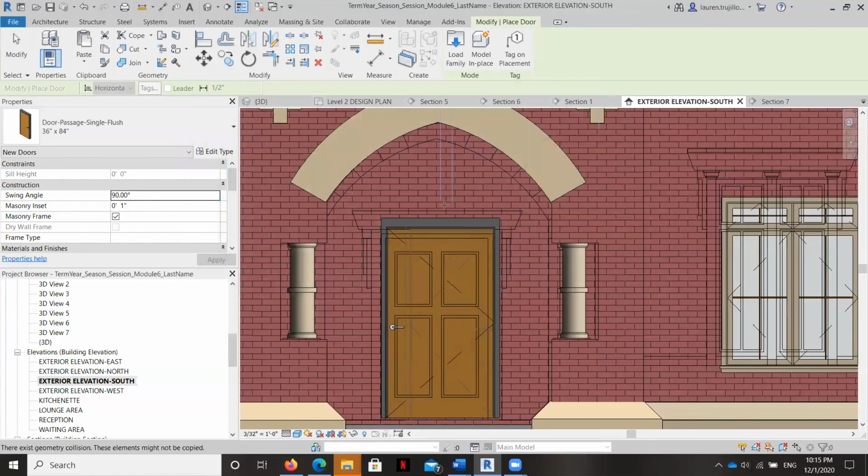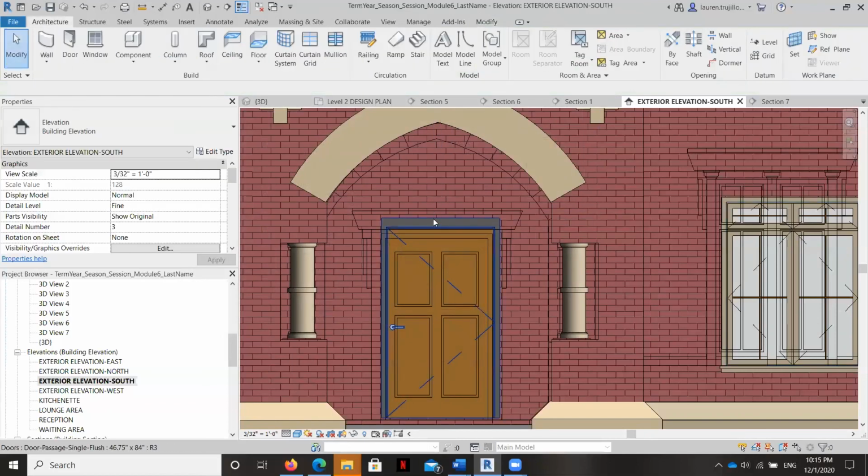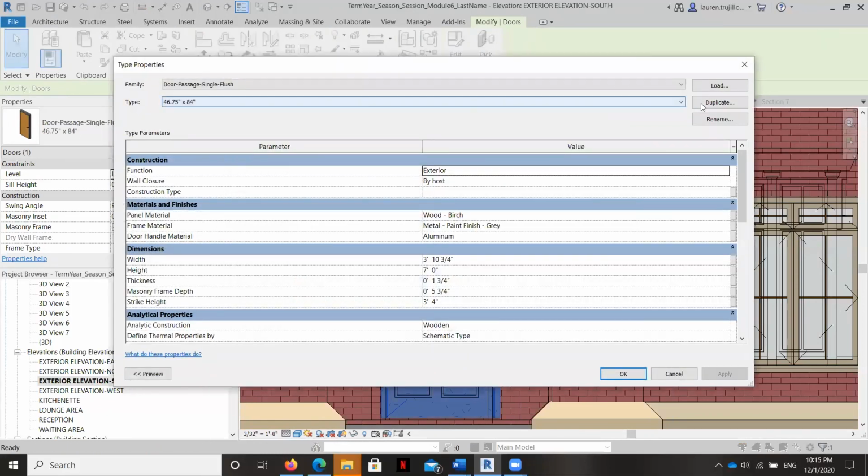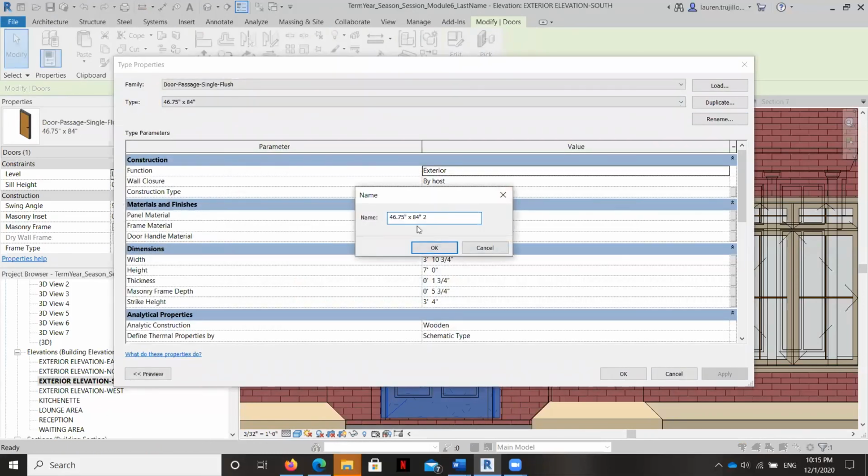So let's go ahead and change this door. So I'm going to go to Edit Type. I'm going to duplicate. And I'm going to change this door to match Gothic window.